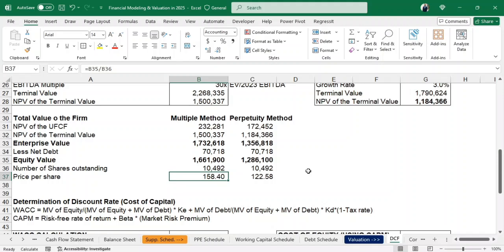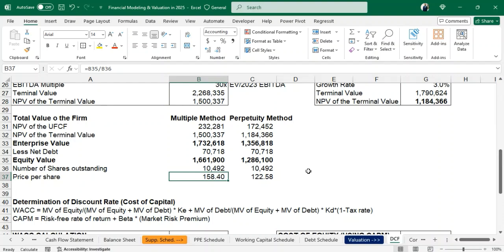Okay, so the best case scenario is to see both methods returning similar terminal values, implying that the cash flow projections are in line with market expectations. So in this particular scenario, we can say that the markets are overvaluing this particular business, which is Amazon, or our cash flow projections are too low. All right, so that is the cause of the difference between the multiple method and the perpetuity method we are seeing here. All right, so that brings us to the end of the